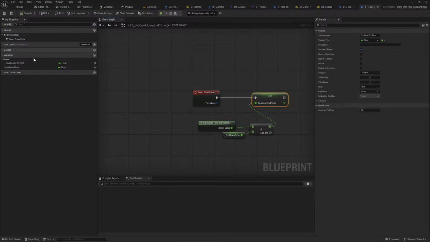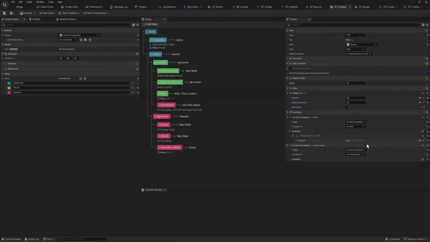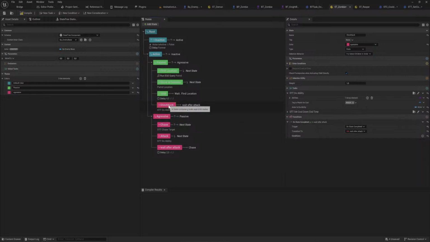But yeah, that will set this. Let's set this at a default of like 10 seconds. So yeah, that sets the cooldown end time to whatever the current time is plus 10 seconds, and then I need to